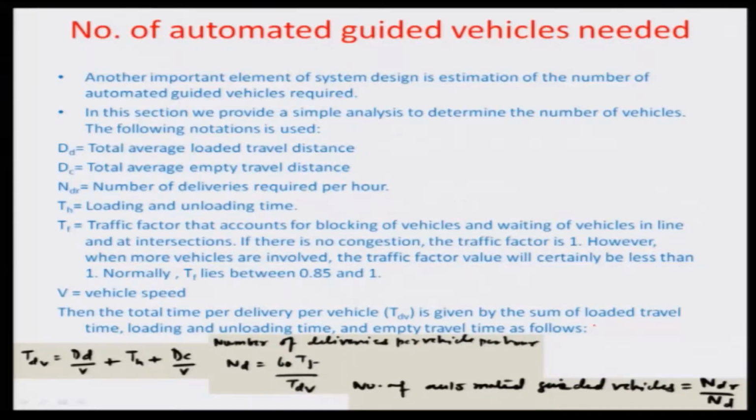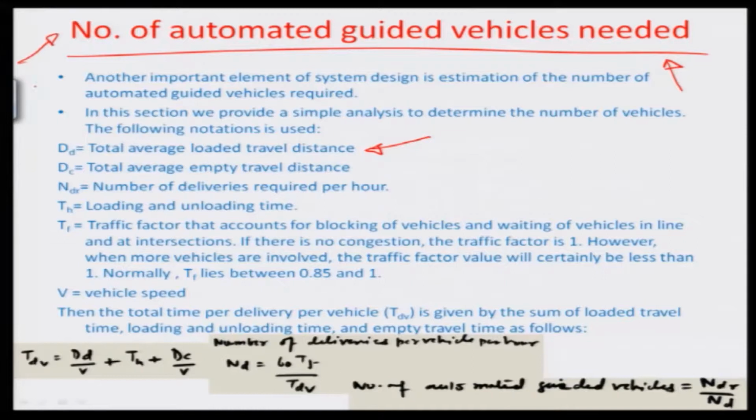Would also like to learn a little bit about the number of automated guided vehicles which are needed, particularly in a situation to balance the load of deliverance of materials. So let's calculate the minimum number of automated guided vehicles which would be needed if the total average loaded travel distance of the vehicle is given as DD and the total average empty travel distance is given as DC, and the number of deliveries required per hour is given as NDR based on the demand,